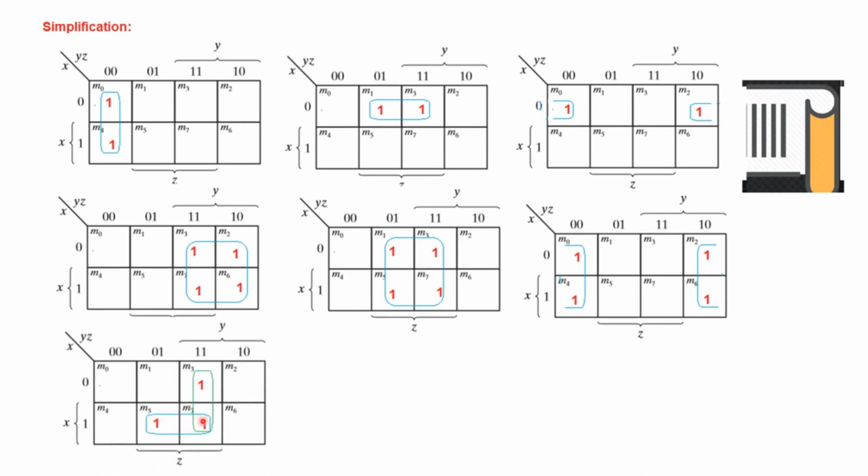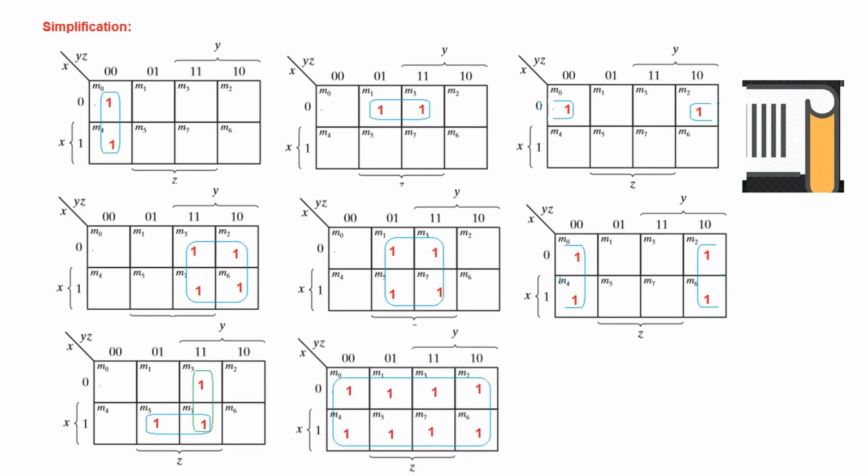If we have 3 like this, then still we have to make pairs. So this is one pair, and instead of leaving this alone, it is better that we share this with the other one, although it is already being shared here. So this will also help in minimizing. And then the best is that if you can share all of them, that is the best option. Okay, now let's